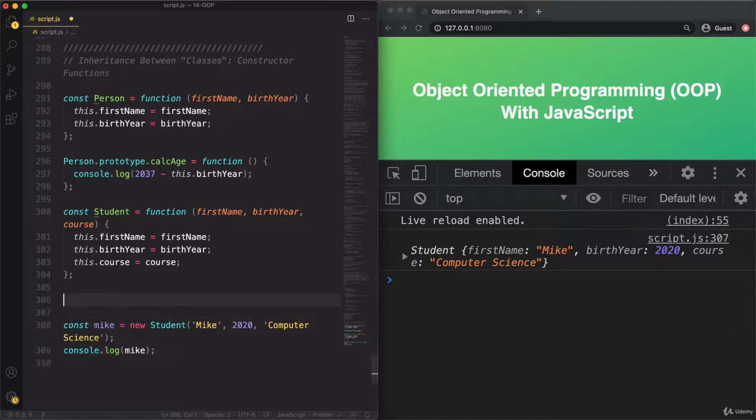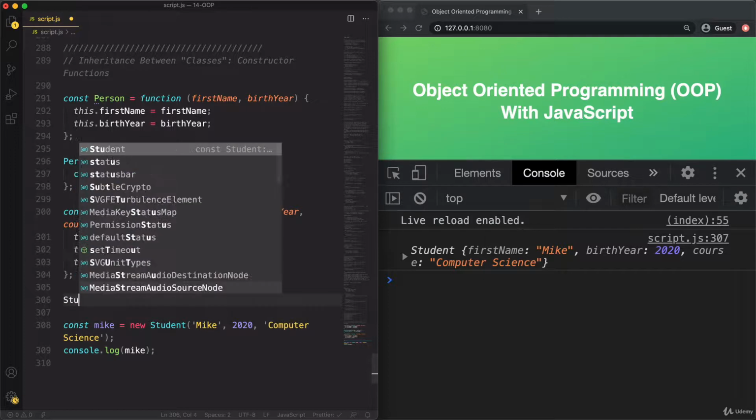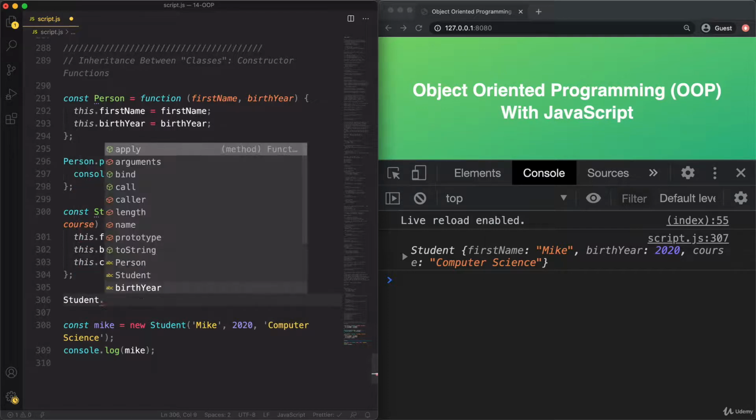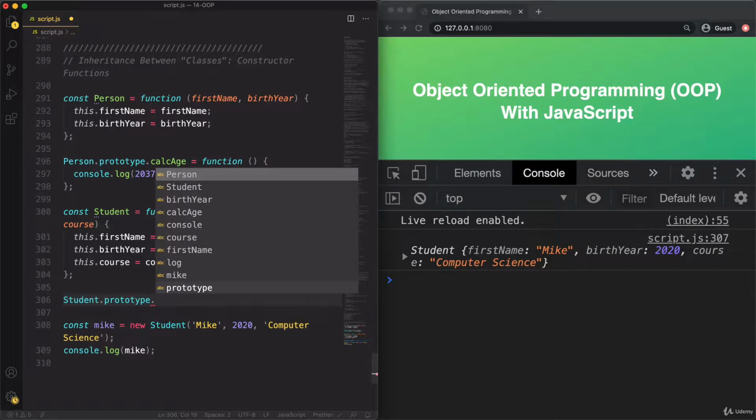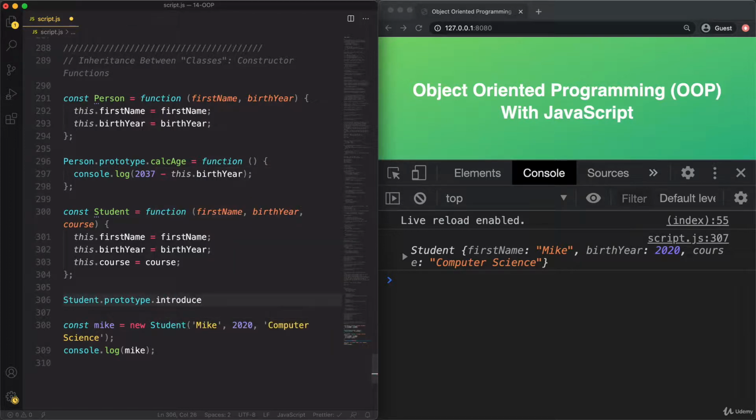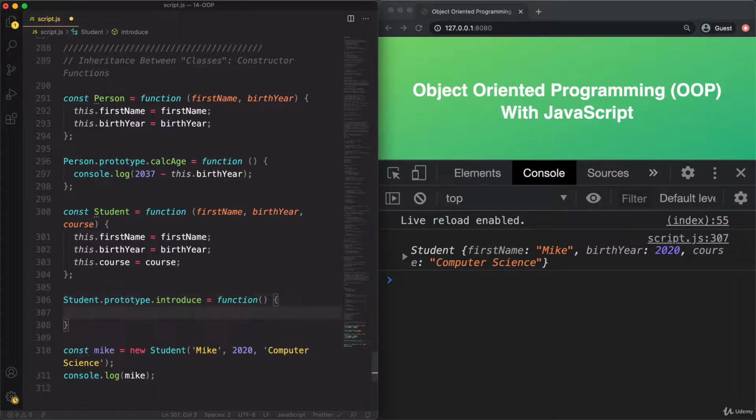Let's now quickly add a method as well. So we take the prototype property one more time, and then let's create a method called introduce. And so here we're simply gonna log like an introduction phrase to the console. So for the student to introduce himself.